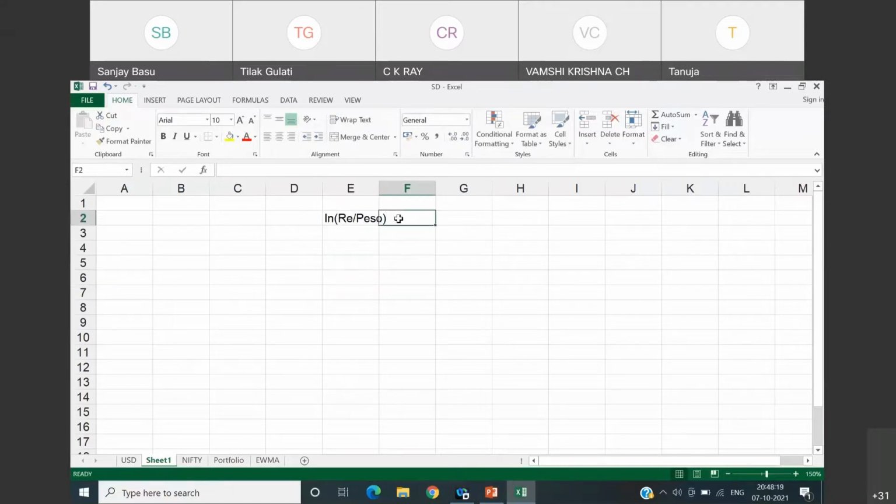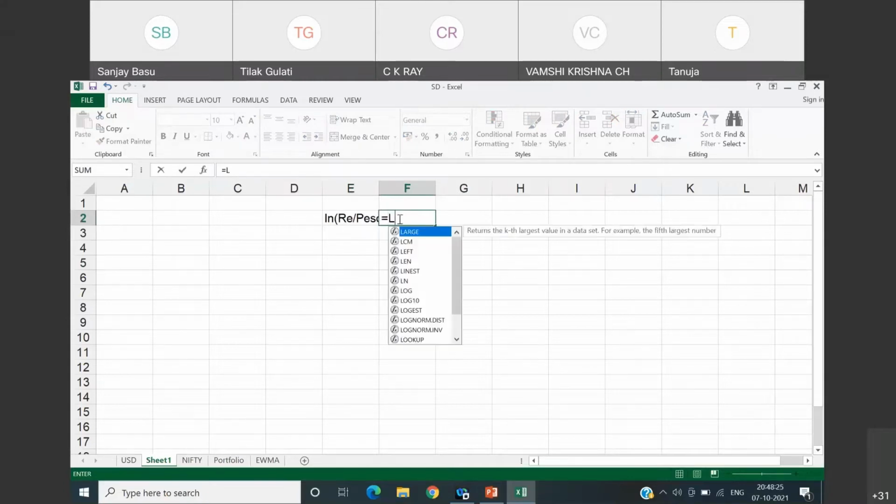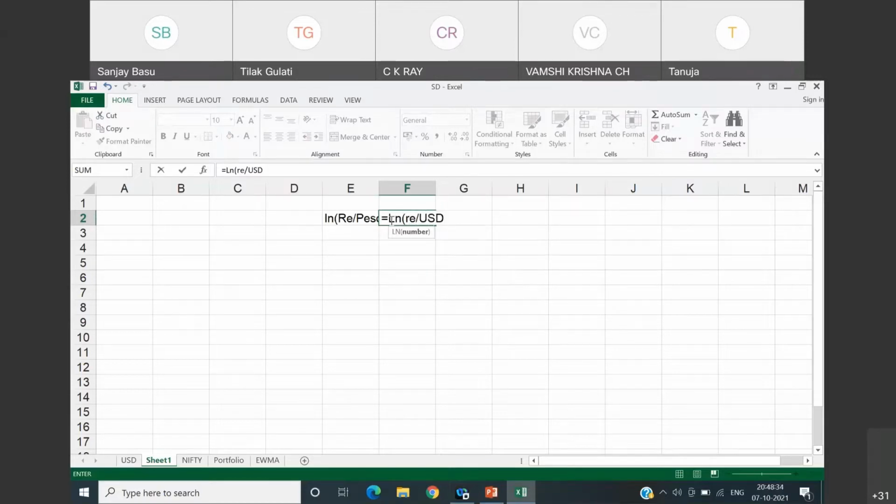I can split this into log of rupee by USD minus